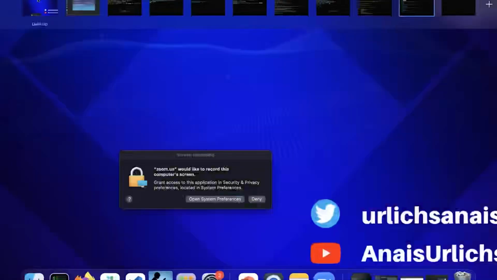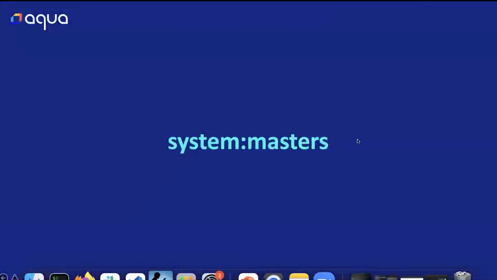So another thing is that there's a group within Kubernetes called system:masters, and they have by default hard-coded cluster admin rights within your cluster.